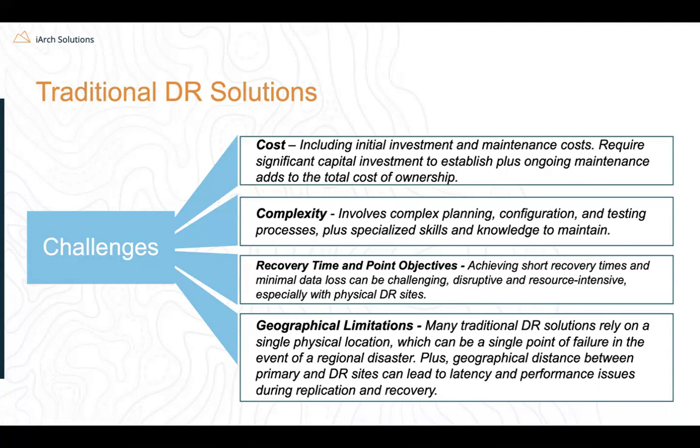And then the other thing that we run into a lot of times is many traditional DR solutions have a single point